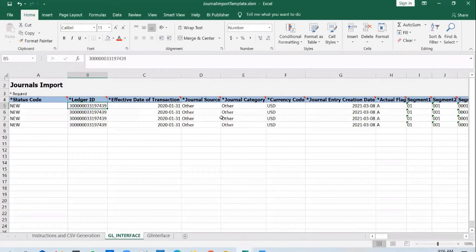And if you want to run the file through some validations before you import it into ERP Cloud, you typically write a package within the source system itself. So probably in the EBS R12 instance, you write a package and validate this information.